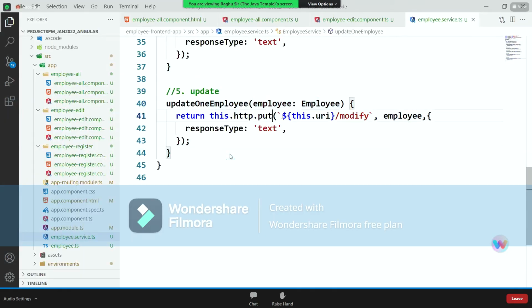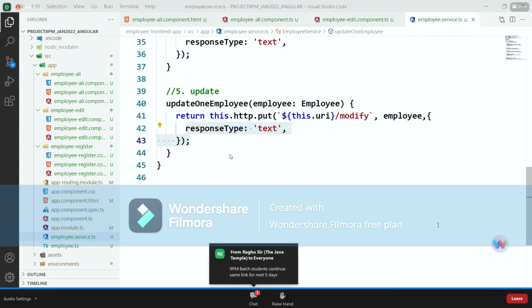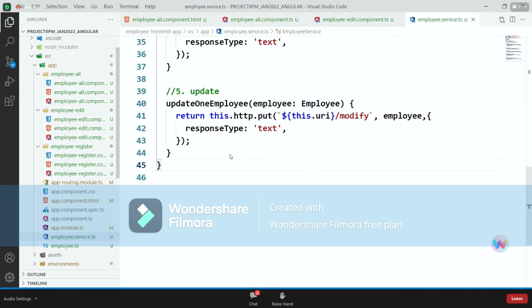In the service, first a URL, then object, then response type. This is a small correction in the service. We have to pass the object. I forgot to pass. First URL, second object, third expected type.